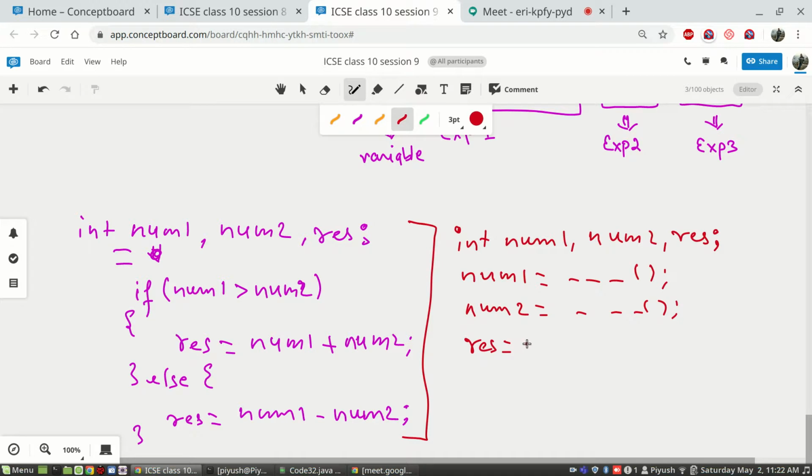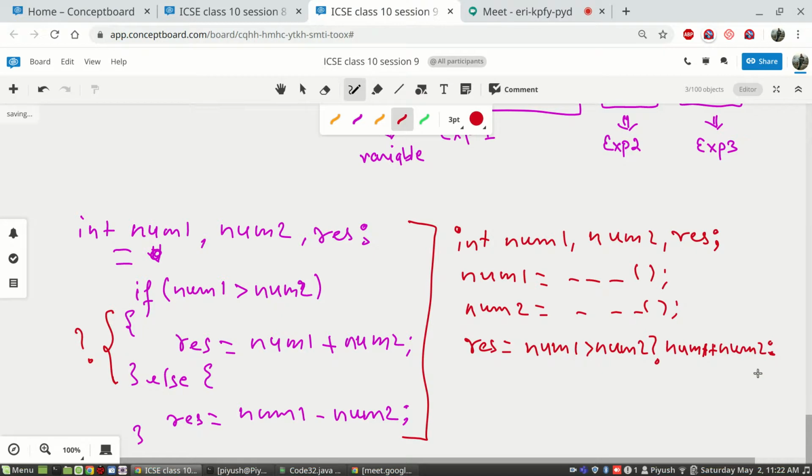So if num1 is greater than num2, if this condition happens to be true, then we know that this thing forms the question mark part. If this is true, then go and evaluate num1 plus num2.